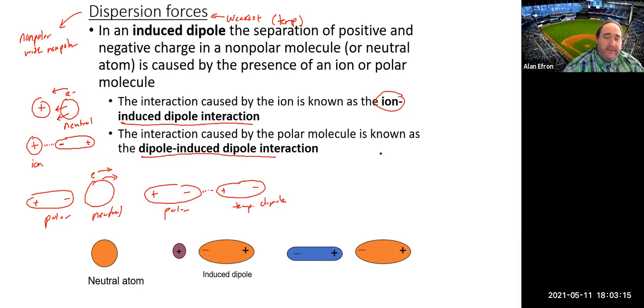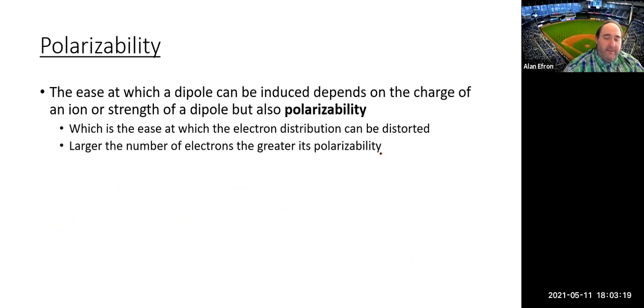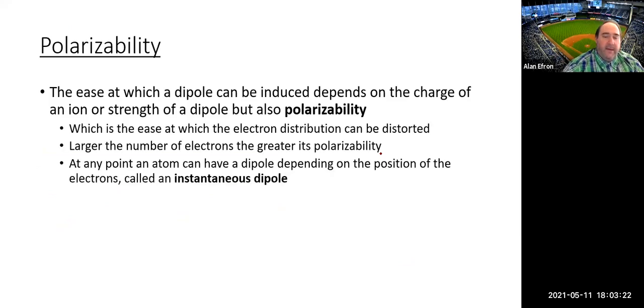But sometimes a molecule can create what is referred to as an instantaneous dipole. And what does that really mean? Well, it means that if you have, for example, two nonpolar molecules near each other,